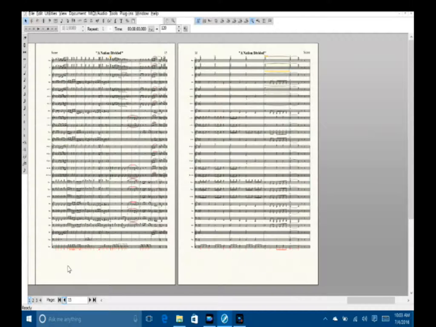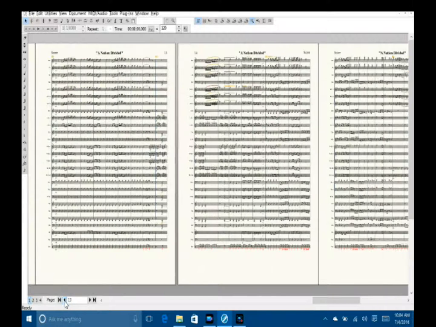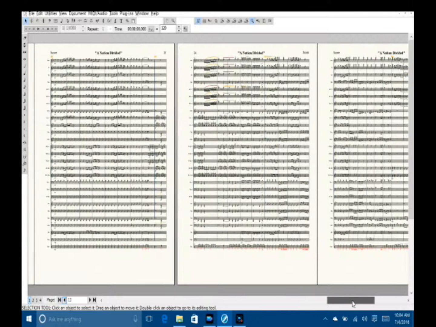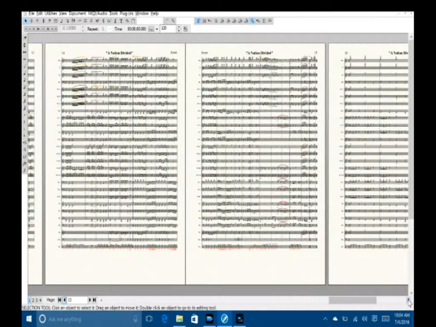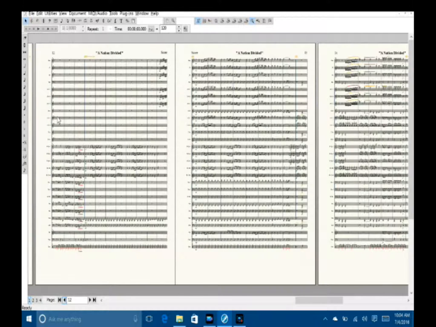So what I want to do is to put enough measures on the last page of music to make it look like it is about the same music density as the previous pages. So we have 12 measures on page 15. On page 14, we have 10 measures. On page 13, we have 9 measures. So we could put 6 measures per page, and that would be a little bit better. Or we could back up another page and do a little bit more. Tell you what, let's pause a second, and we will look at a spreadsheet which will let us figure out how many measures we put on each page.